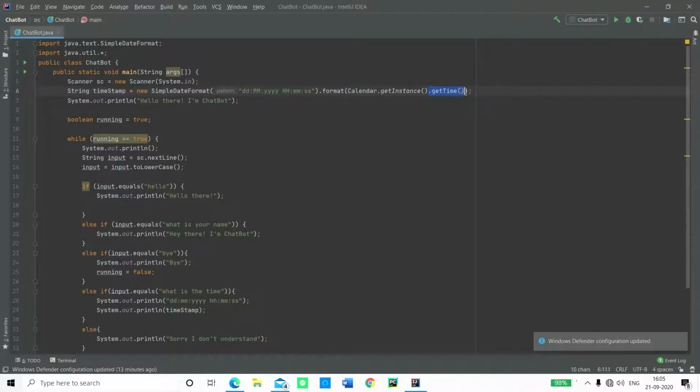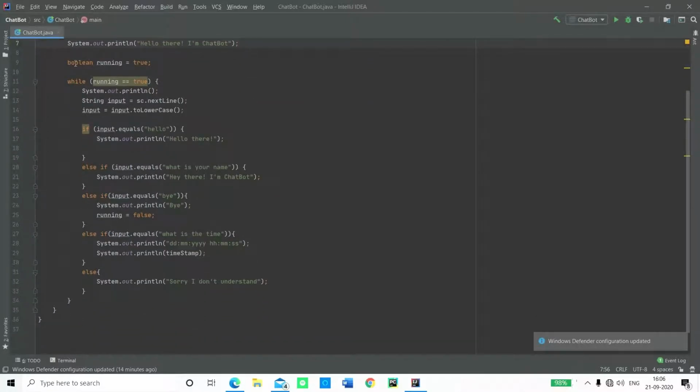And over here dot getTime is used for getting the time from your system, and Calendar dot getInstance is used for getting the calendar or the date from your system. So it actually imports the whole calendar of today. So it's going to import today's date, and you're using dot format to form it this way, and this is what is going to actually print. So you notice it's in double quotation marks, and then you end it with a semicolon with the whole thing being in brackets or parentheses. And then we have System.out.println, hello there, I'm chatbot, which is a greeting message. And then we have the boolean value, it's running true. We know that, we discussed that in the last video. And then we know all of this part.